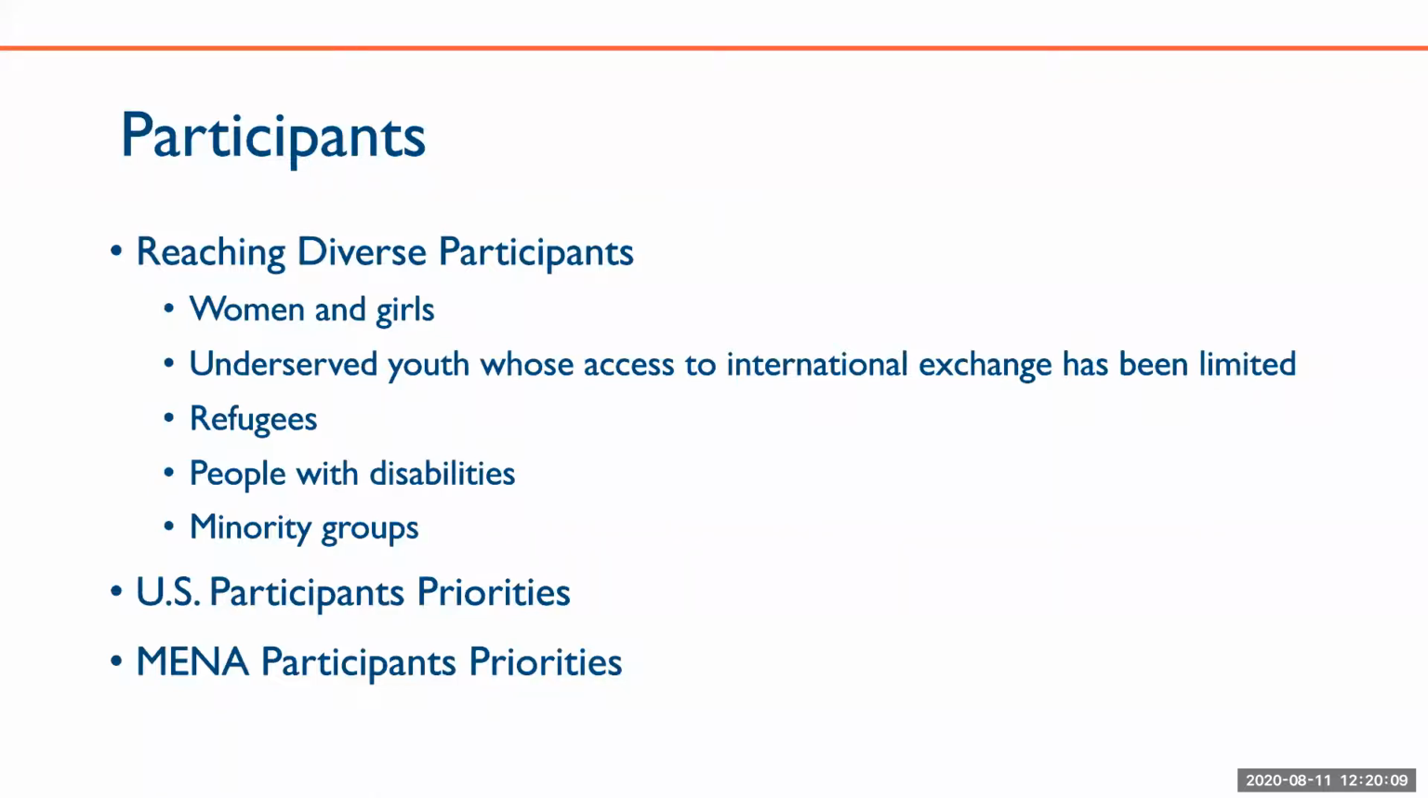Applications will be scored with special attention paid to how the general participant description meets these priorities, and also how closely the proposal meets the initiative's priorities for participants in the United States and in the MENA region. Proposals can receive additional points for addressing the following priorities in their proposal regarding young people whose access to exchange